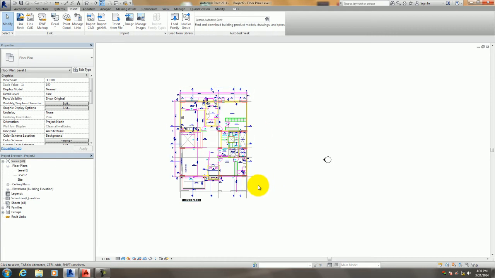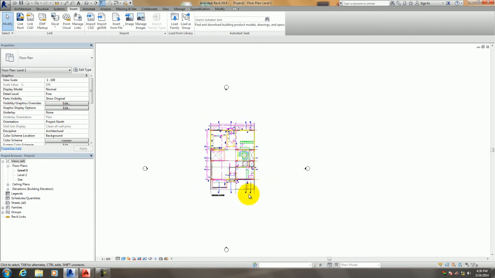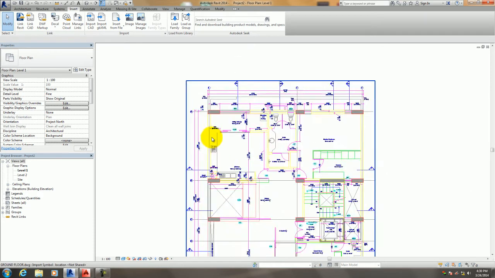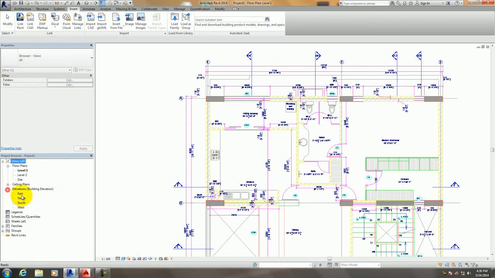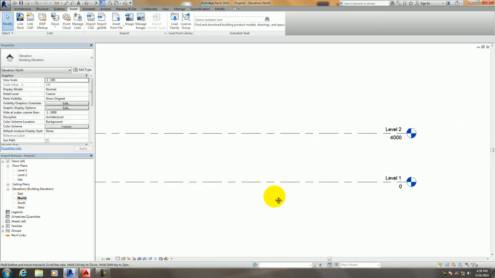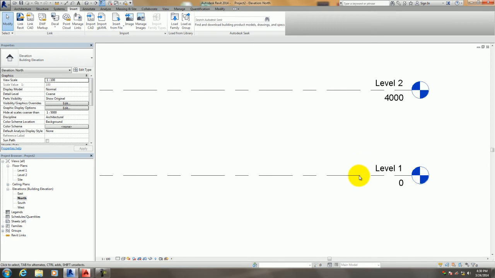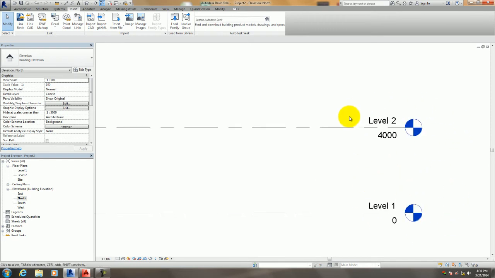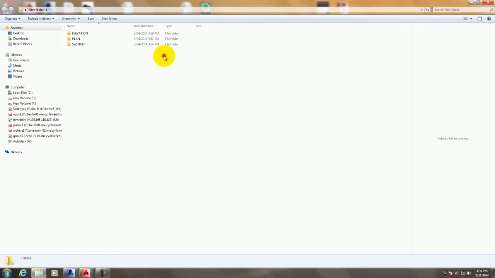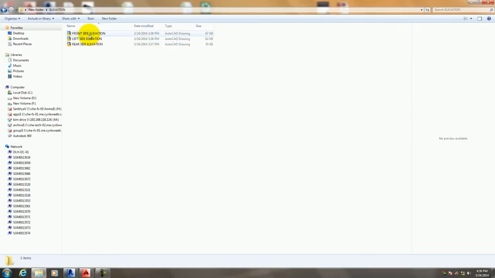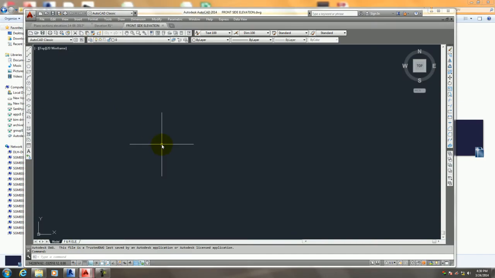Imported a plan. Now for creating elevations, before starting the modeling, we will see the elevations. These are the default elevations. They have given level 1 as 0 and level 2 as 4000. Now what we do is we will open that elevation file. I'll go to this, I'll say elevations. I'll open a front elevation